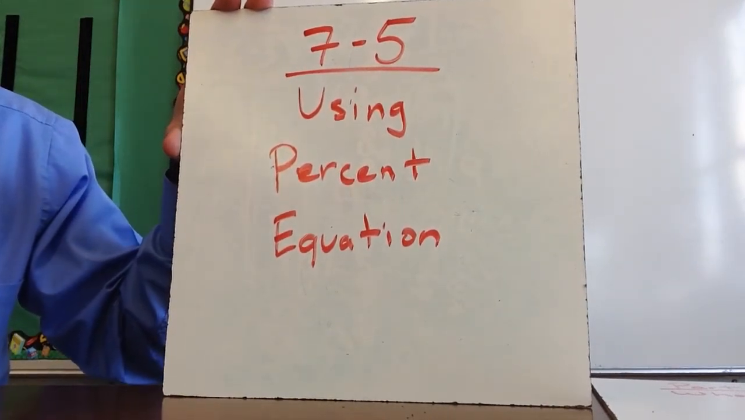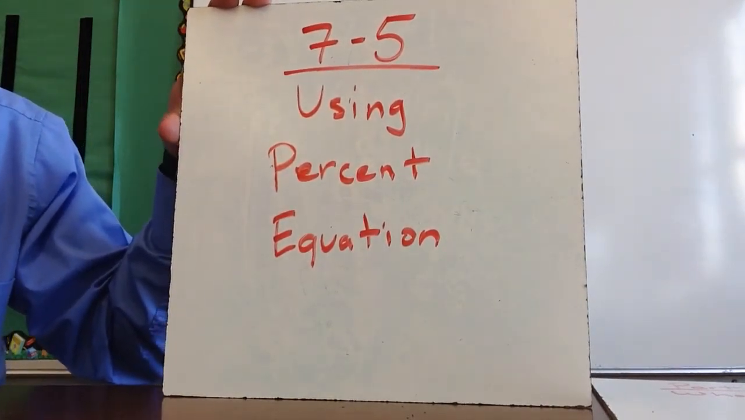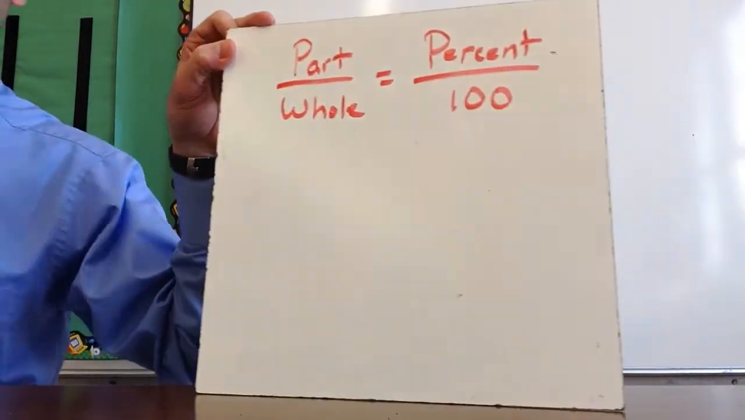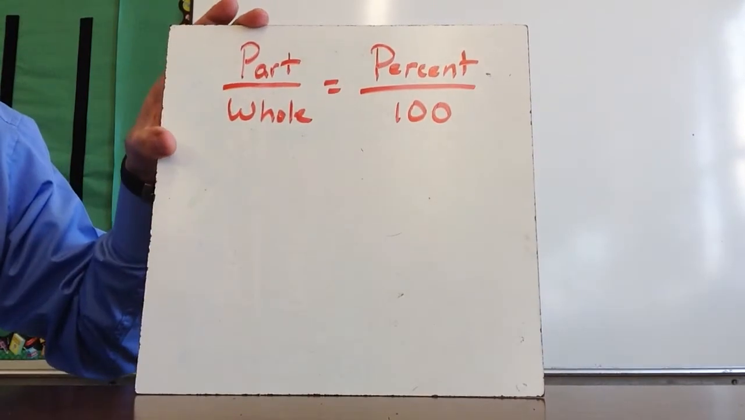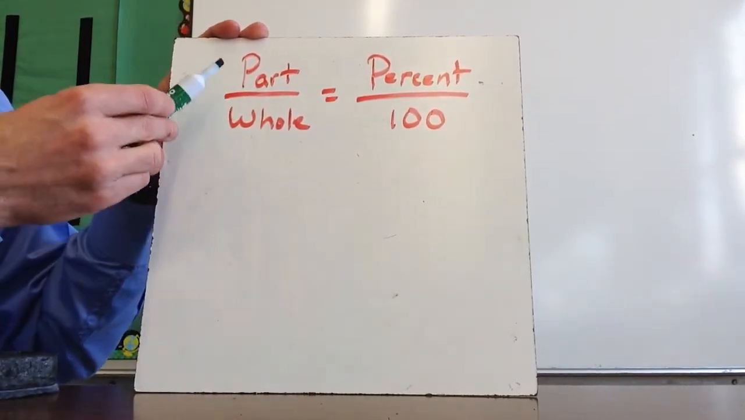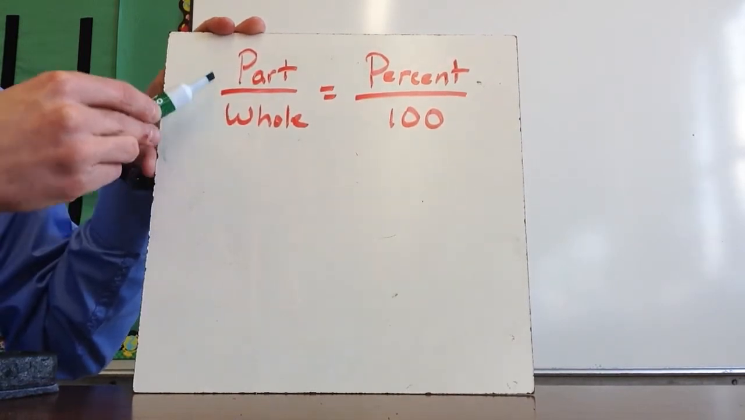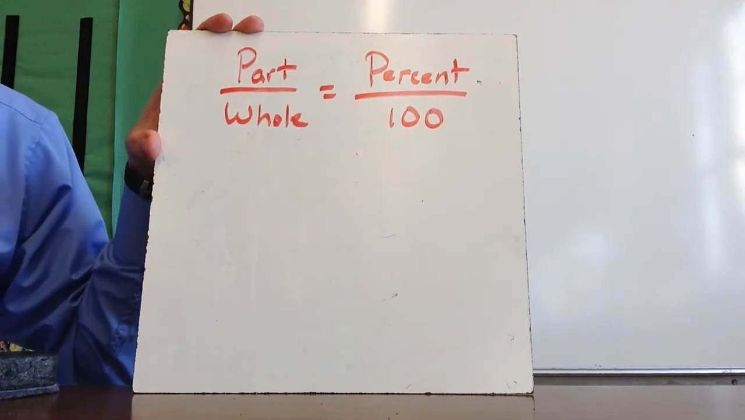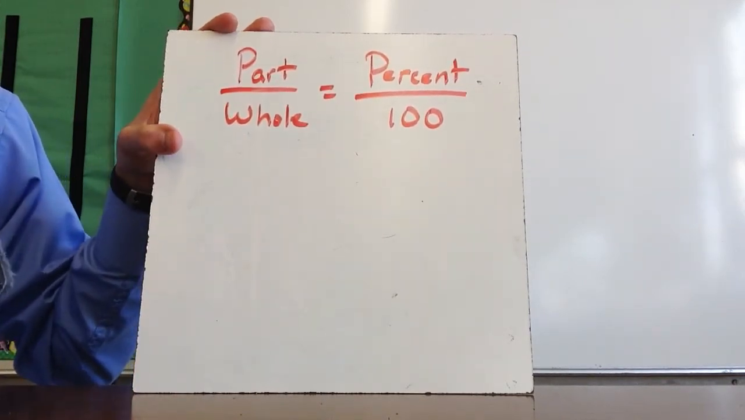This video will discuss Chapter 7.5, using the percent equation. So the percent equation is similar to the percent proportion. If you think of the percent proportion, which is part over whole is one ratio equals the percent over 100. In this particular equation, what you're going to end up doing is using the decimal of